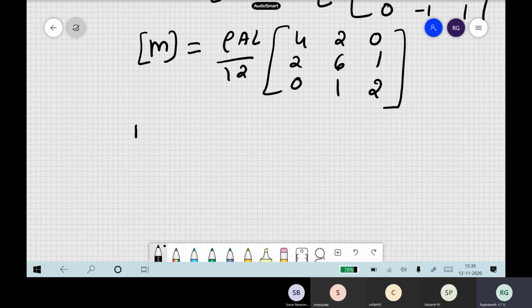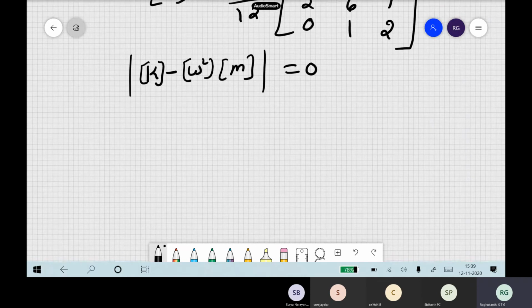How do you find out the natural frequency? Remember in dynamics, the determinant of K minus omega squared M. You remember, right? You followed it, right? So this you solve. Here you substitute your mass matrix and stiffness matrix. So you have 2AE by L